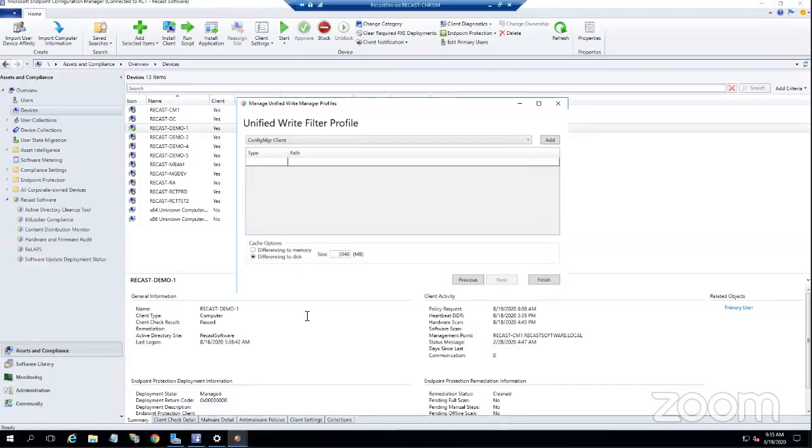The unified write filter, as I mentioned, redirects all writes to a caching layer that's wiped on reboot. These cache options down here at the bottom let you configure that caching layer, like the size of the caching layer, and where that caching layer is stored, whether it's in memory or on disk. And so basically, as these devices are running in this lockdown state,